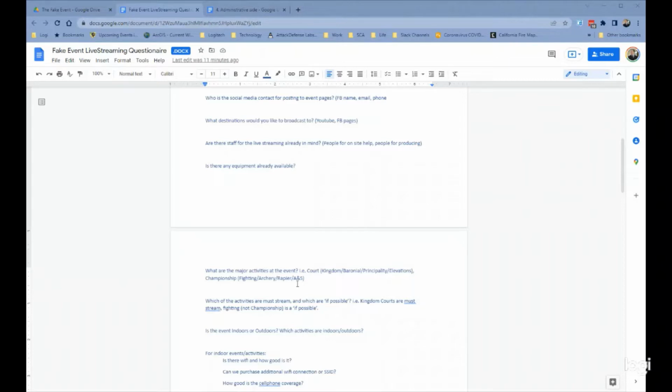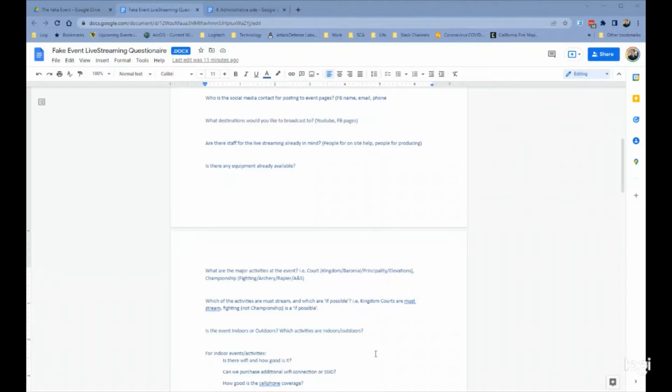The number of activities we're doing also might mean, do we need to have more than one feed going at the same time? And that's going to determine how many people you need. Having two feeds, one covering a championship and another covering another championship, is going to mean double the staff, double the teams, all the extra equipment, most likely. If you do have a kingdom setup, it'll probably only cover one or two devices. You're going to need a lot more for that. So that is one of the more important questions on this list.